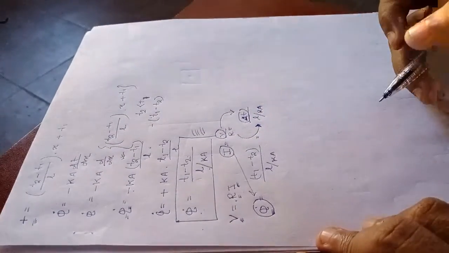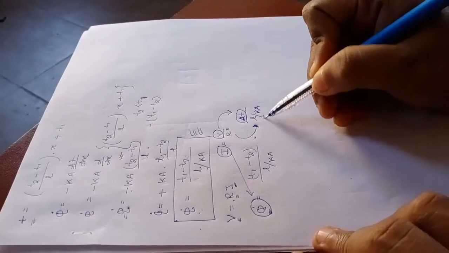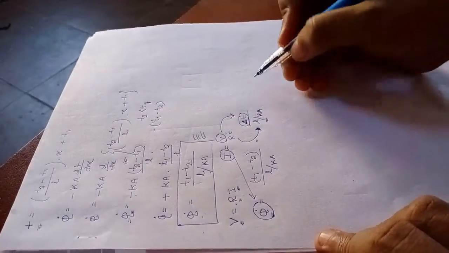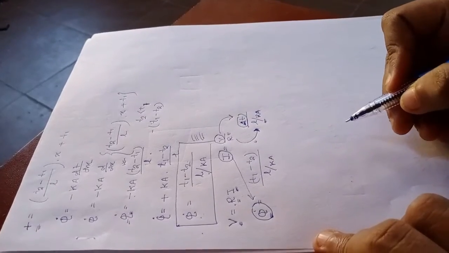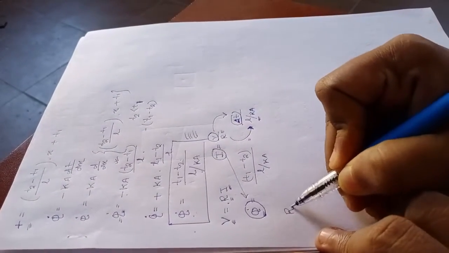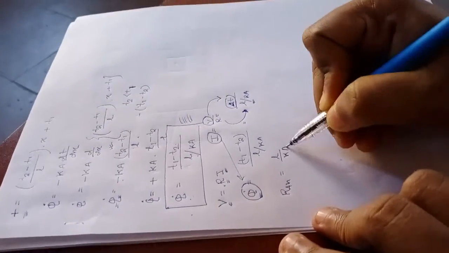What was R in the electrical analogy? It was the resistance. Similarly, in the heat analogy we will get L by KA as the heat resistance, or thermal resistance. It is denoted as RTH, which is L by